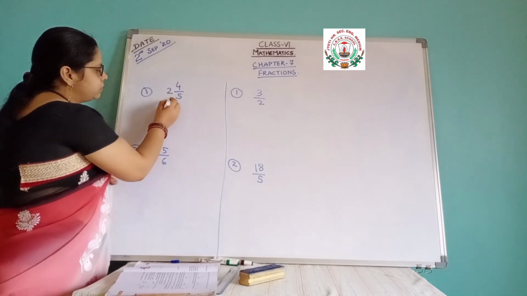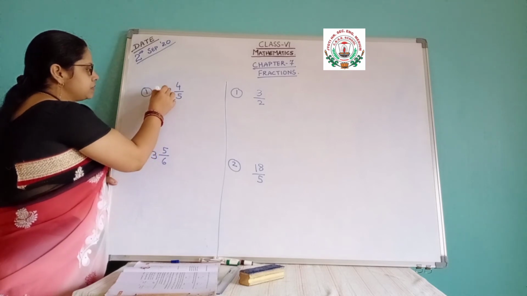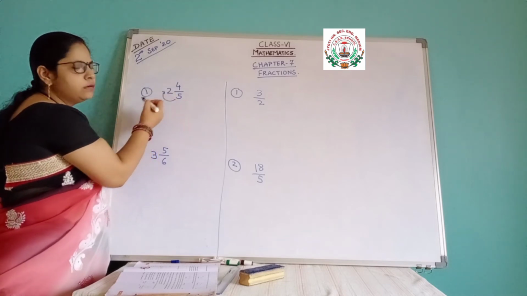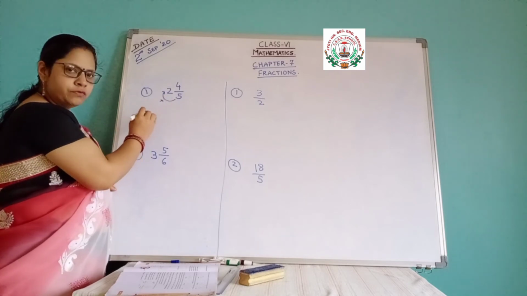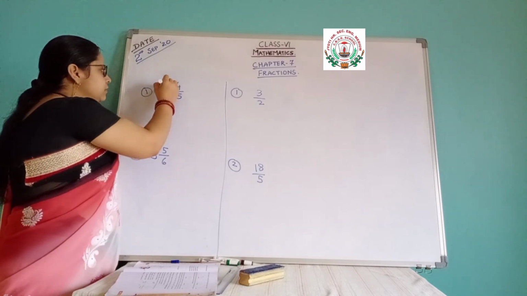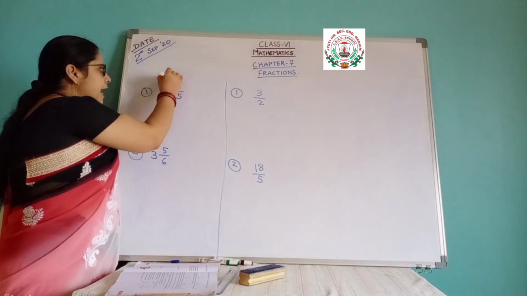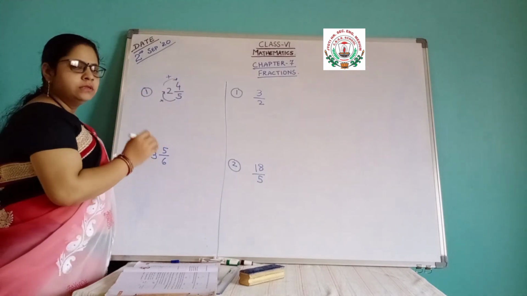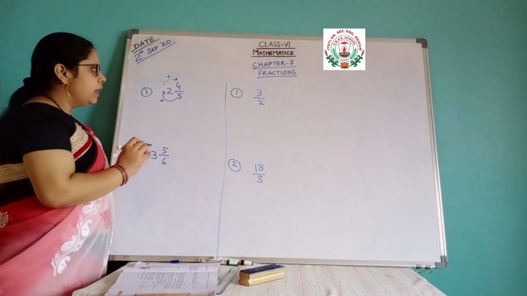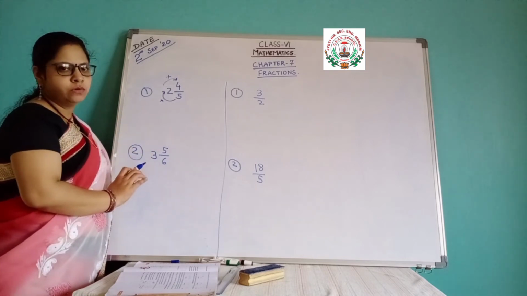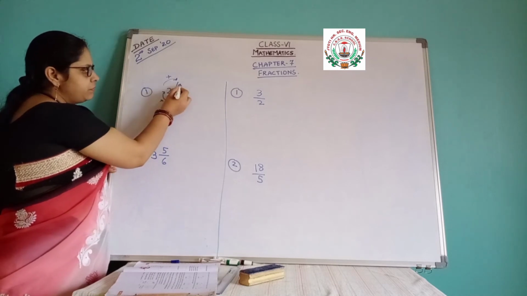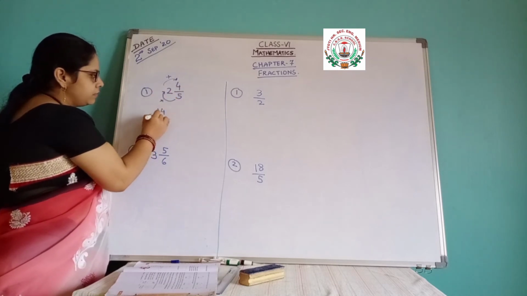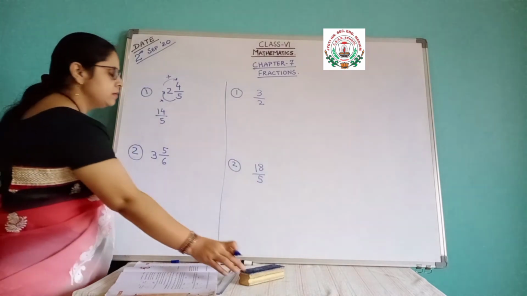So now come here. Now here what you have to do. These two numbers, means denominator and the whole number, you have to multiply. What answer you will get, to that answer you have to add this numerator. That will be your numerator and denominator will be same only. Now see how we will do. 5 into 2, 10. 10 plus 4, 14 by 5 is the answer.